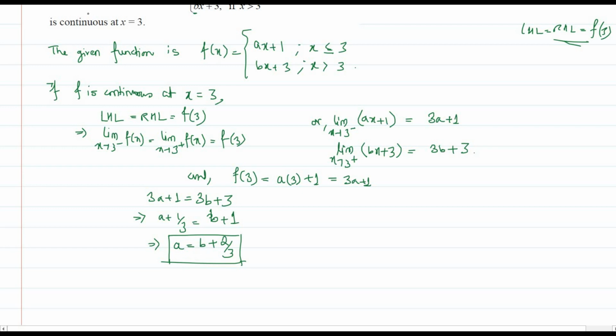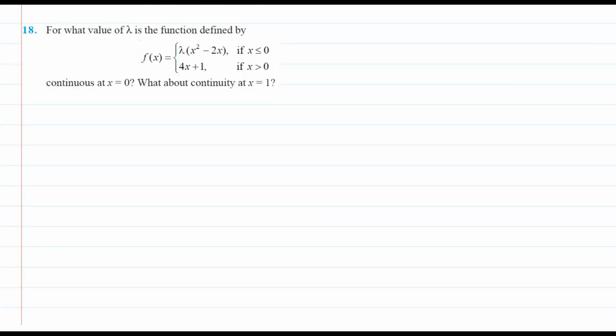Now coming to the next question. In the same way, we have question number 18 here. For what value of lambda is the function defined by this continuous at x equal to 0? What about continuity at x equal to 1? So since here the function breaks at 0, and for x greater than 0 the function is a polynomial function, so obviously it is continuous at x equal to 1. Let us now check it in a different way. So the given function is,